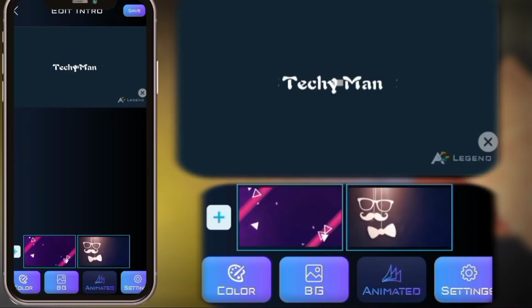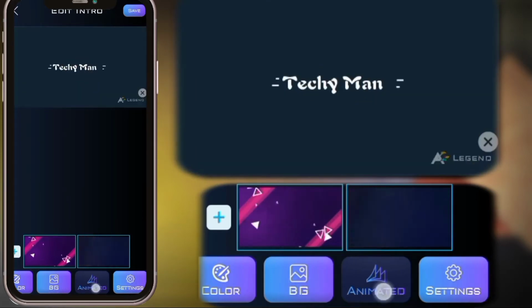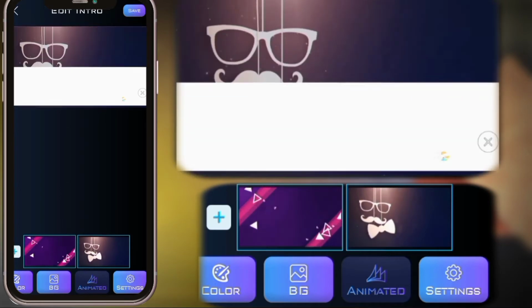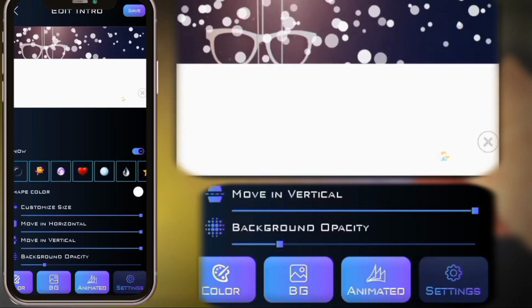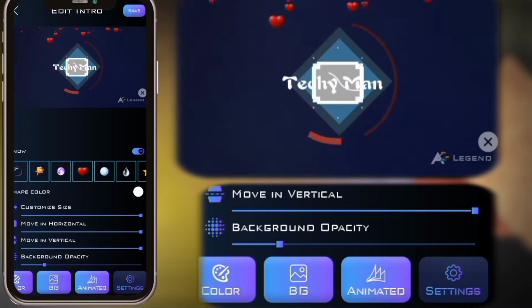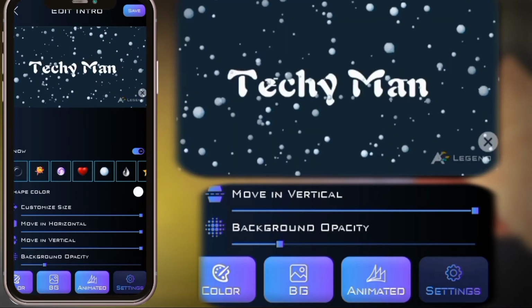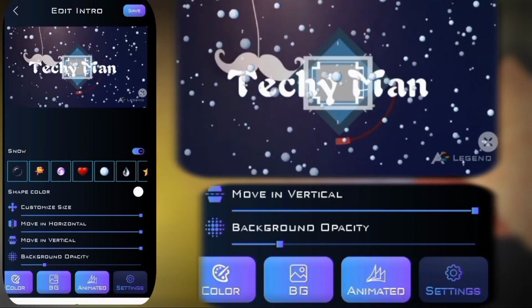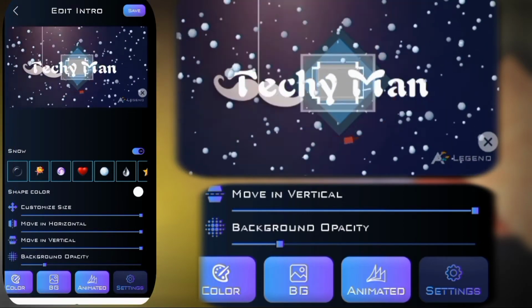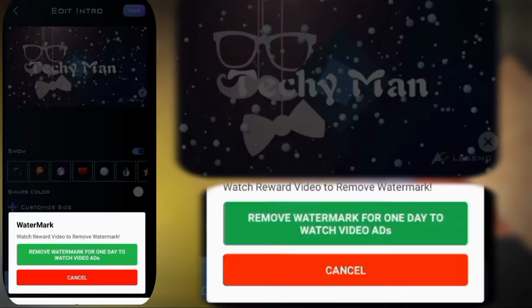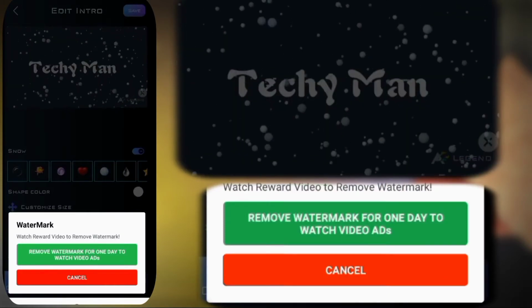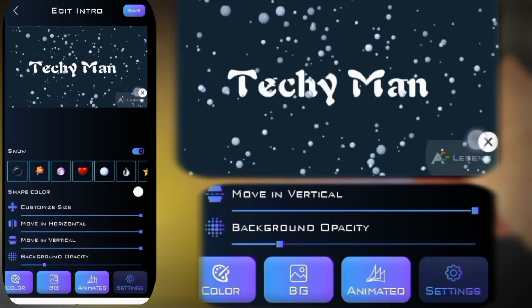Let me choose one here, and after that the last is the settings. So you can get here the snow effect, love effect, anything effect. So I will choose here snow effect, and before you save this intro you have to remove this watermark of Legend intro maker. So for that just click on here